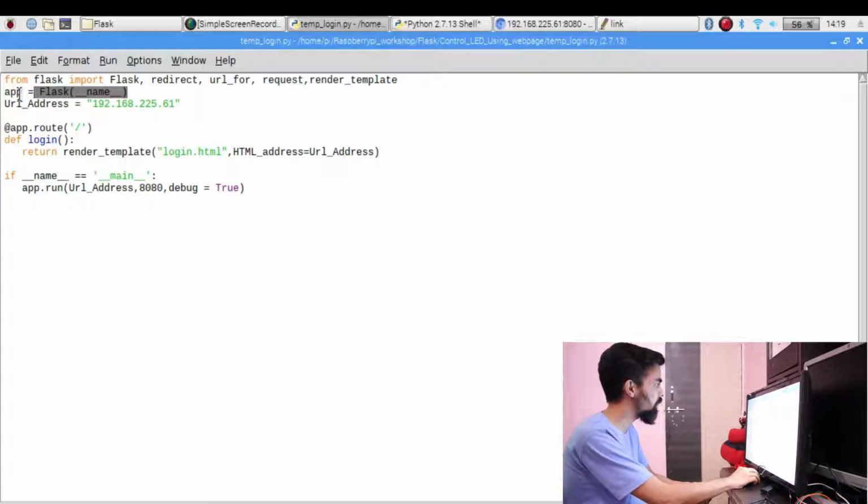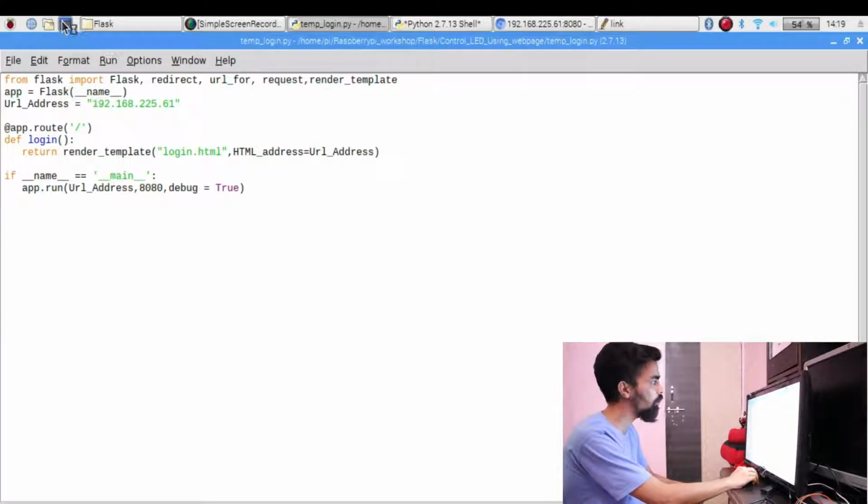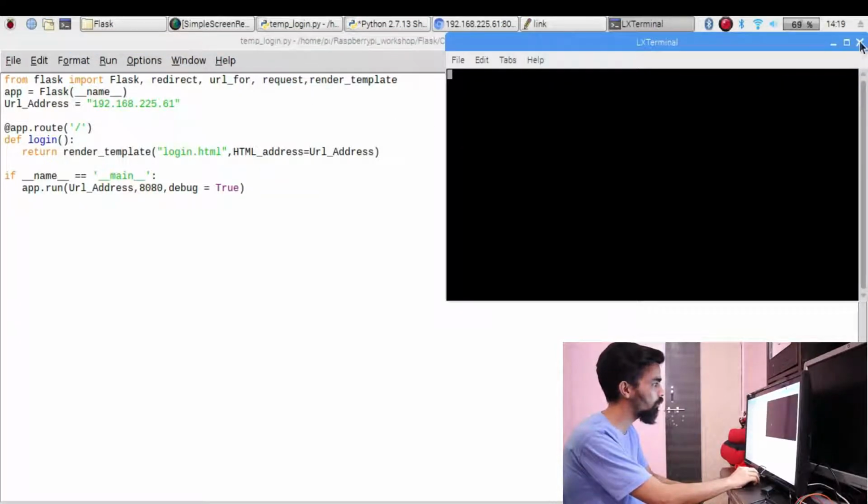So basically this line is used to create the Flask object so that you can access the Flask functions in your code. So the next line is URL address is equal to some address. When you connect to the internet through your Wi-Fi, through your router, your Raspberry Pi has some IP address. If you want to find that IP address, go to the terminal